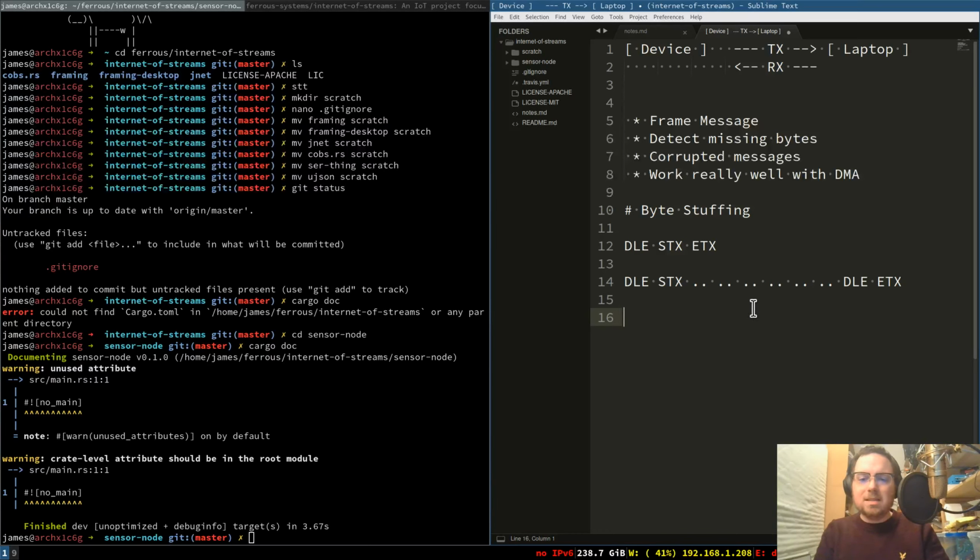So if we had some data, and then DLE just happened to be there in the binary, on the way out you would escape it with another DLE. And if you had two DLEs in a row, you would just double those up. So in the worst case scenario, the bytes that you send over the wire might be twice as many as your actual data payload, which isn't great because that takes more RAM, and it doesn't play well with